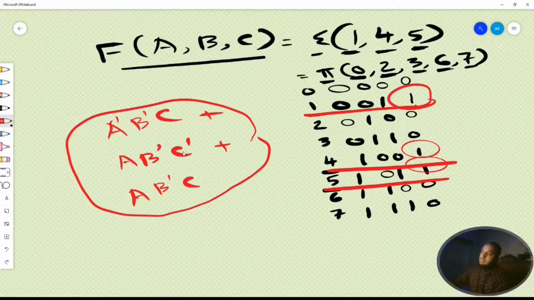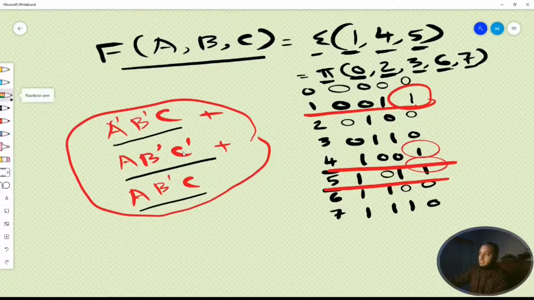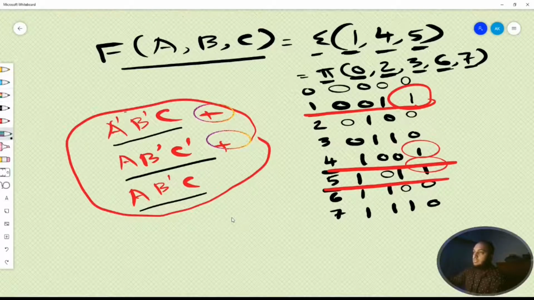Okay, so if we study the function we can see there are so many gates. Here we have a 3 input AND gate, a 3 input AND gate, a 3 input AND gate. Here we have 2 OR gates and some inverters here, here, here and here. So for implementing a simple 3 input function we need so many gates. That's why we need to simplify the function, so that we can implement the same function using much fewer gates. Okay, so let's see how we can do this. We can do this using two methods.